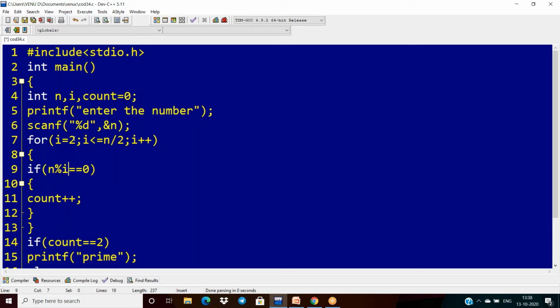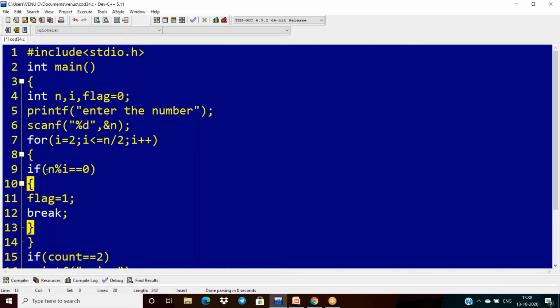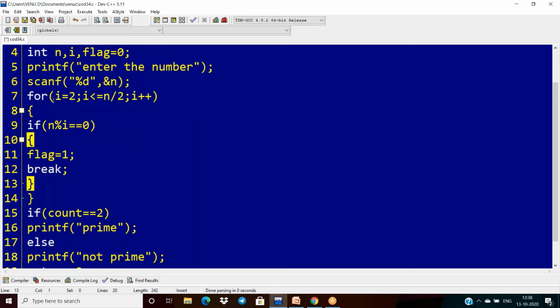Here I'm taking one variable called flag. Now if n percentage of i is equal to 0, then immediately I'm changing the flag value to 1. Then I'm using break. Break means, if we find at least one factor for the given input, then immediately exit from the loop.